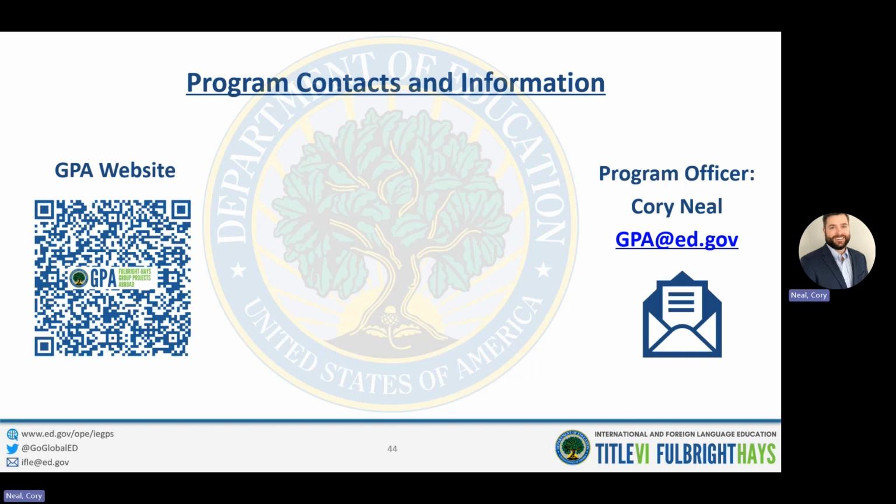One last note, institutions are able to apply for more than one GPA grant. You can submit multiple long-term projects, multiple short-term projects, or a combination of long-term and short-term projects. It doesn't matter. But if you do choose to submit a short-term project, be sure to watch the short-term technical assistance webinar, as short-term applications have different requirements than long-term. Again, you can find the short-term webinar at the International and Foreign Language Education Office's YouTube channel. And please do not hesitate to reach out if you have any questions.